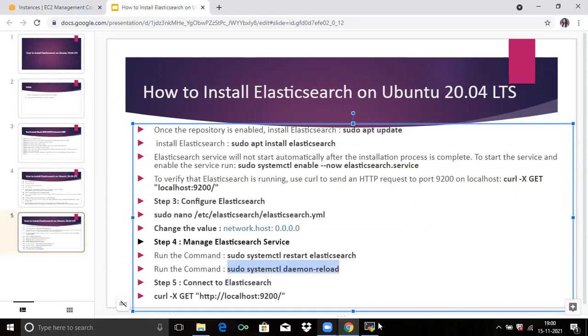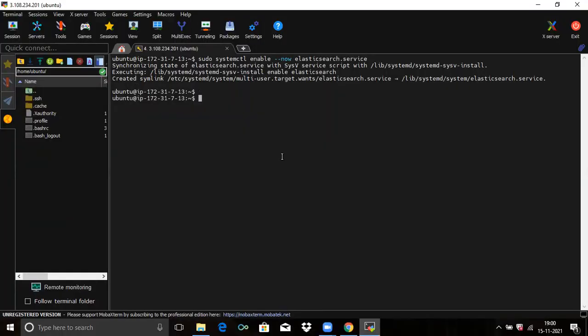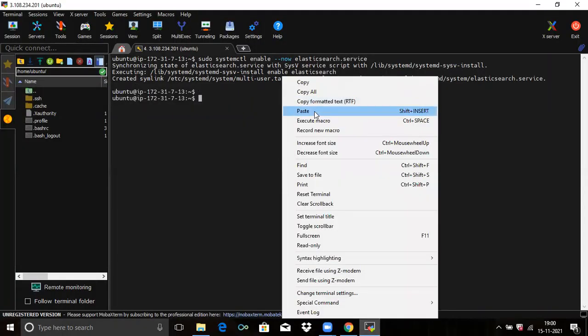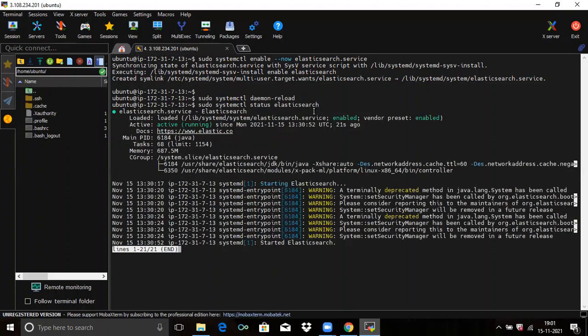Run this command to check the status. Firstly daemon-reload and then check the status. You can see active (running).